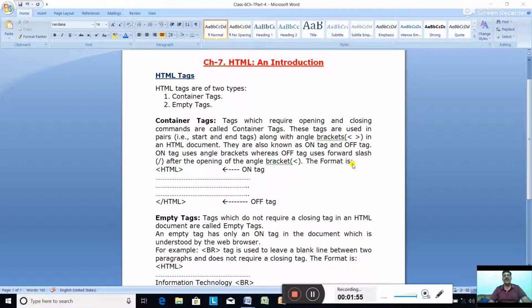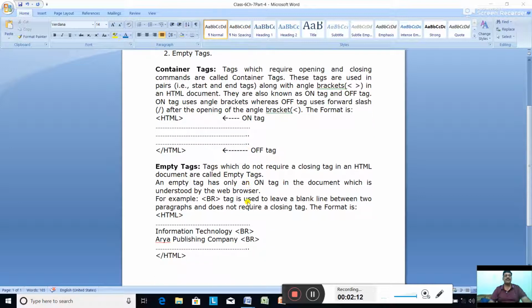What is the format? Format is like for example HTML tag. So write HTML within the angle bracket, then write the body and again close the HTML document. So starting one is called on tag and this is called off tag.